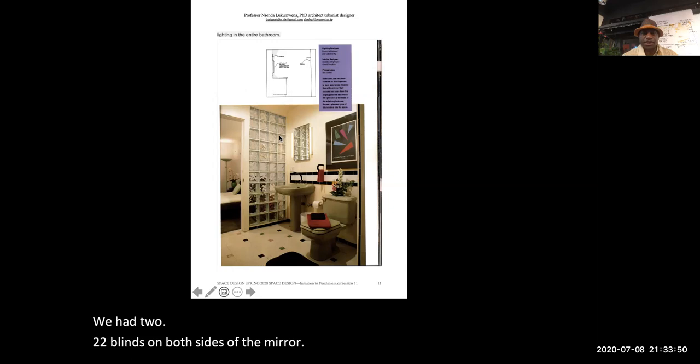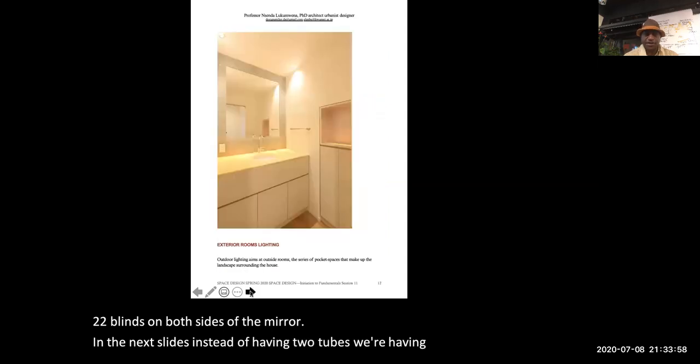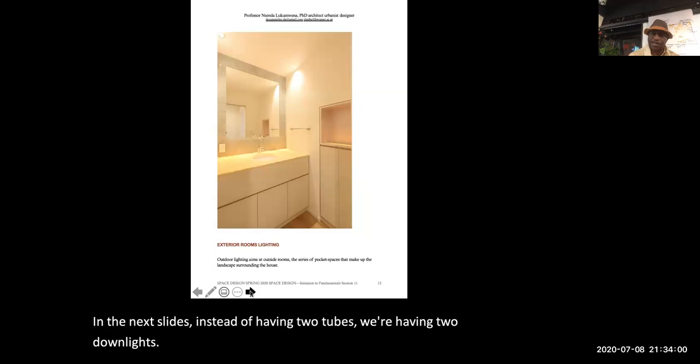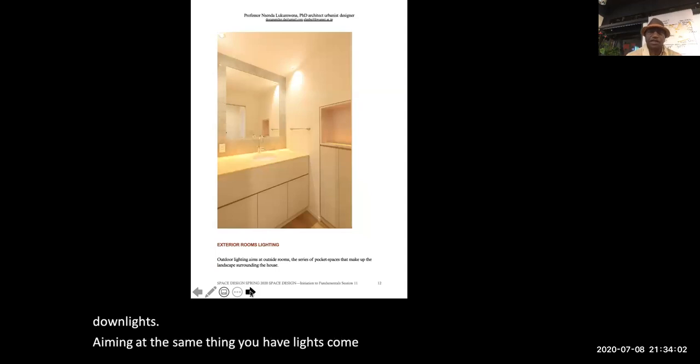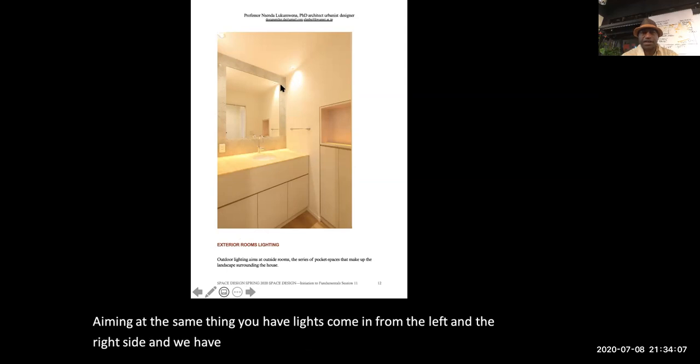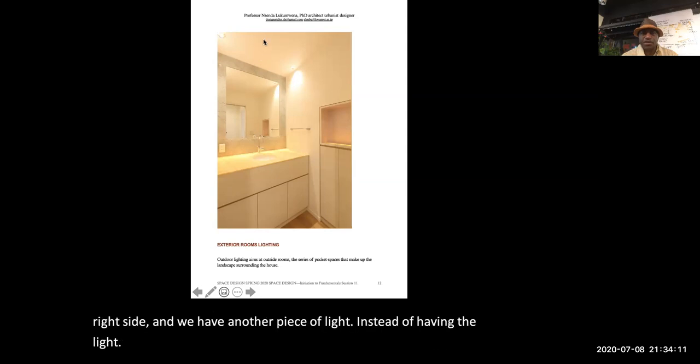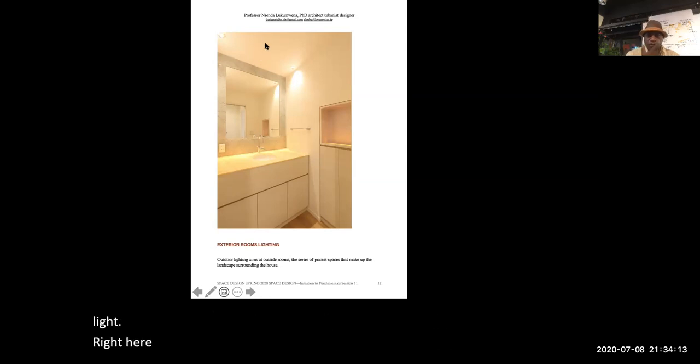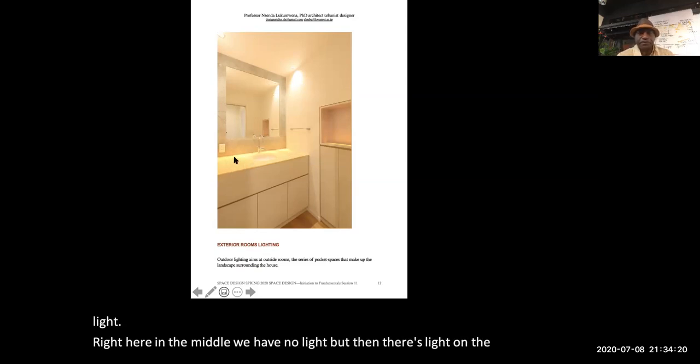In the next slides, instead of having two tubes, we're having two downlights aiming at the same thing. You have lights coming from the left and the right side. And we have another piece of light. Instead of having a light right here in the middle, we have no light, but then there's light on the worktop, on the